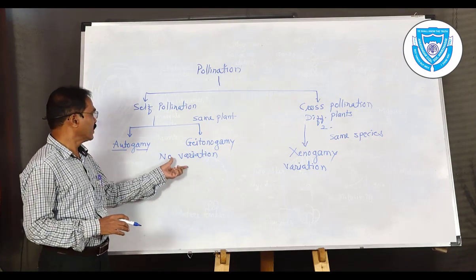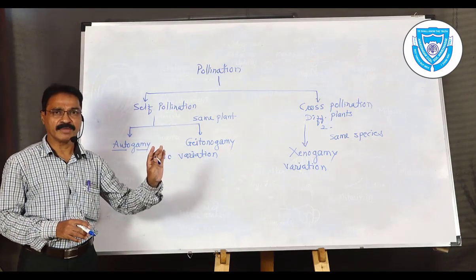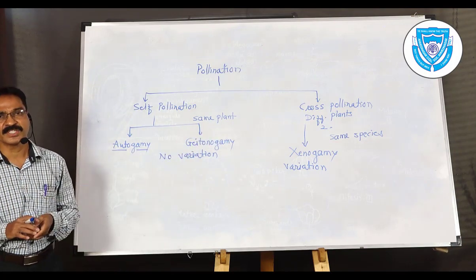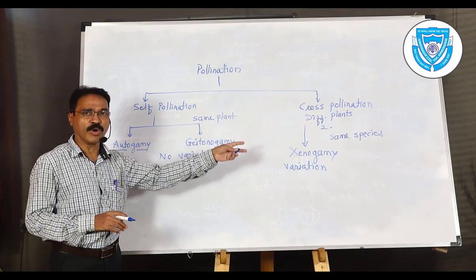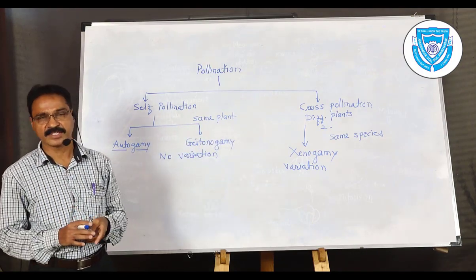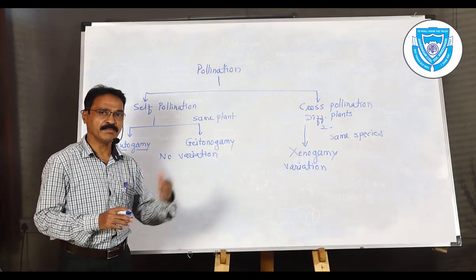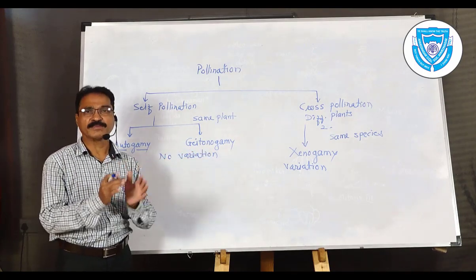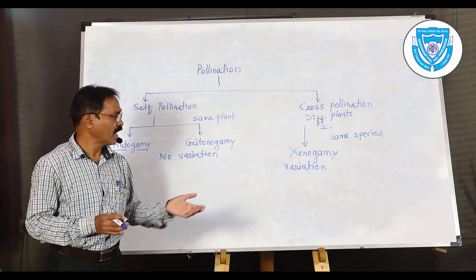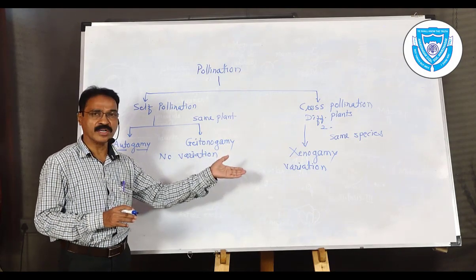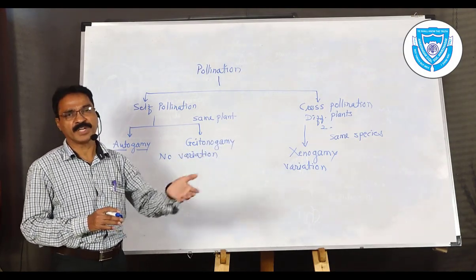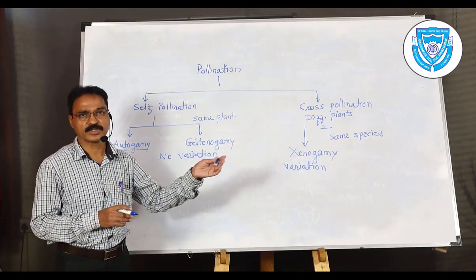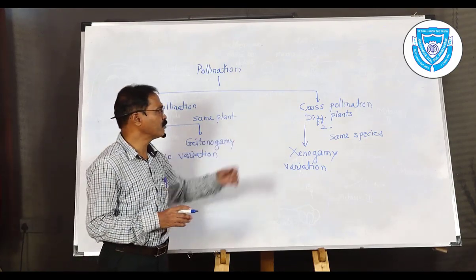So in self-pollination, the main theme is that variation cannot occur, but in cross-pollination, variation takes place because two plants are involved, and both plants may have different characters. So there is a mixing of the characters, some paternal or some maternal. Two plants having two different types of characters, mixing takes place, and hence variation occurs. The newly formed progeny or offspring may show different types of characters. So a variety of characters can be observed with the help of cross-pollination.